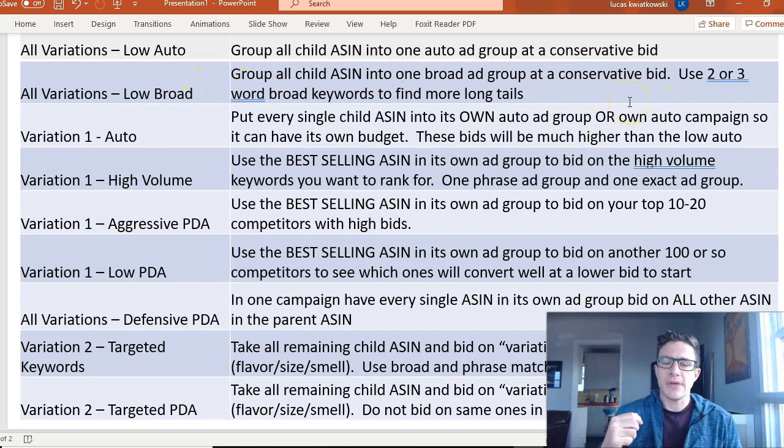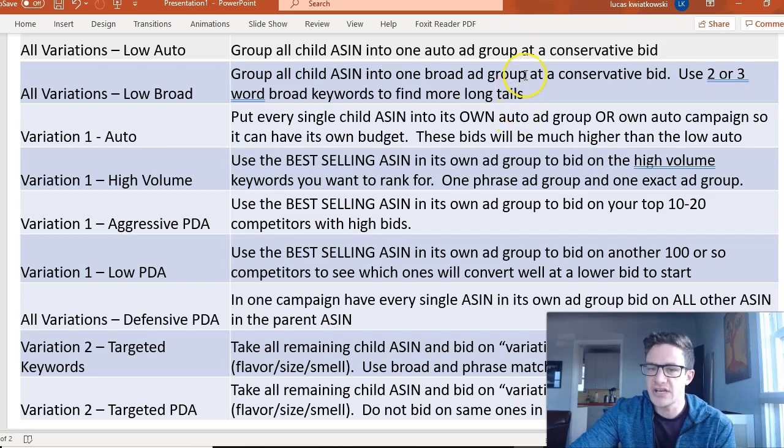This is really going to be more of a research and low-hanging fruit campaign. I suggest using 2 or 3 word broad keywords to just start, and see if you can find more long tails. Low budget, low clicks, these two are both designed to do the same thing. Now,